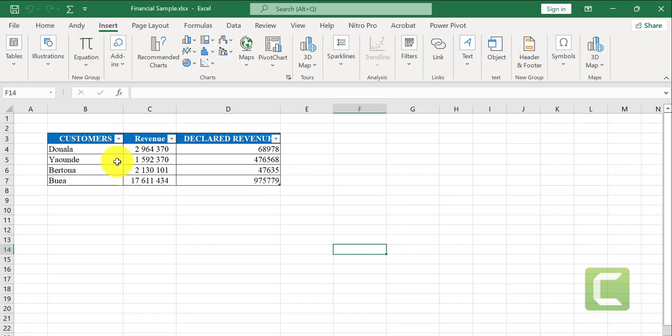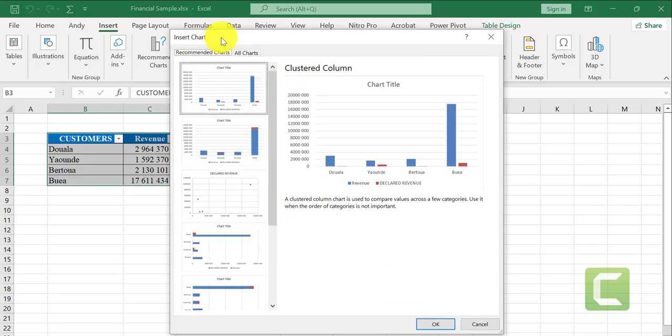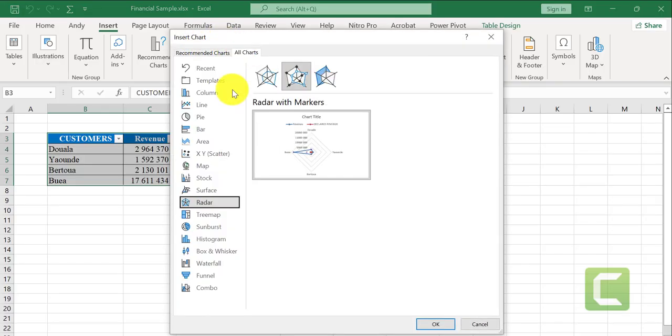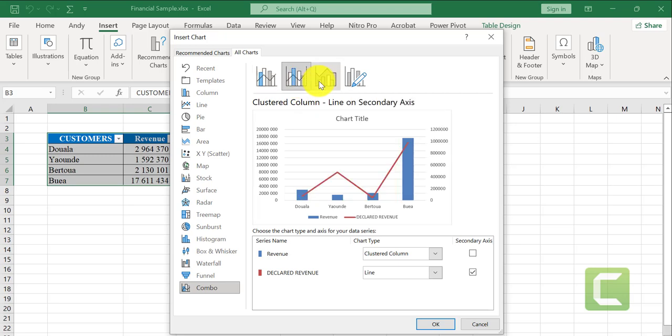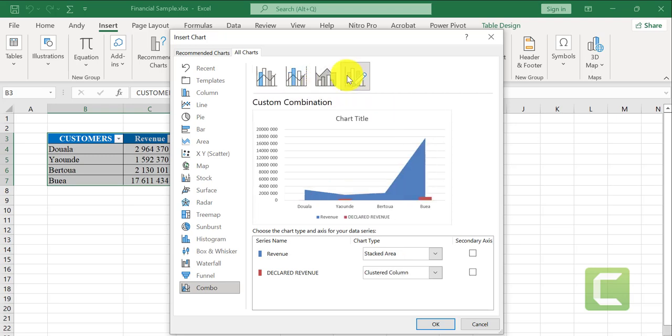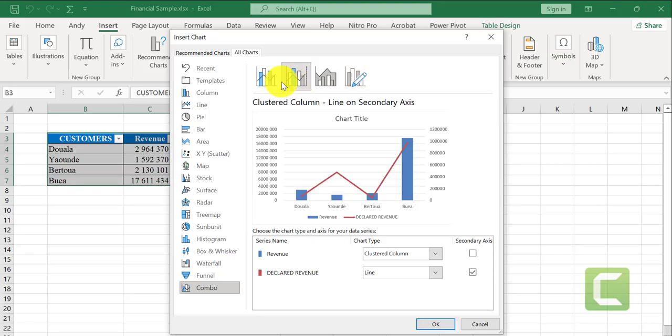So we need first of all to select our data before having the chart, and we select All Charts, and then you're going to see under here Combo. You click on Combo, and then they are going to propose several different charts that you may use in order to represent your data, but it is preferable to take this one because it is